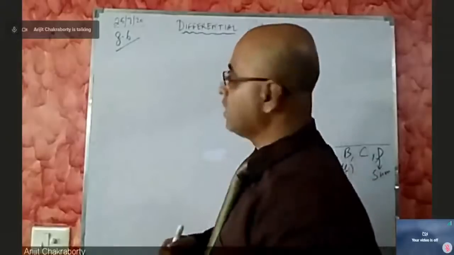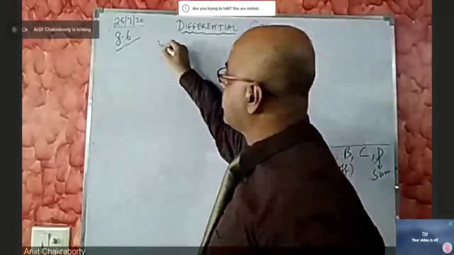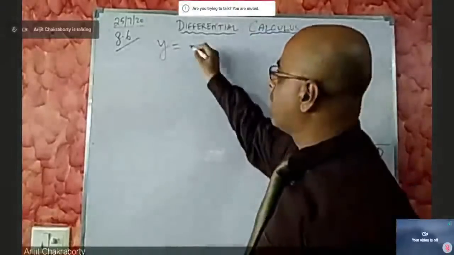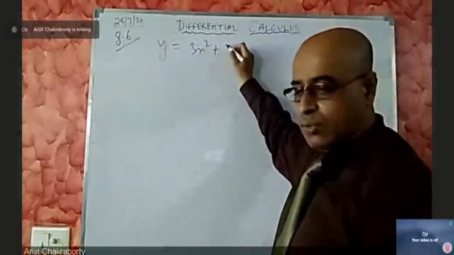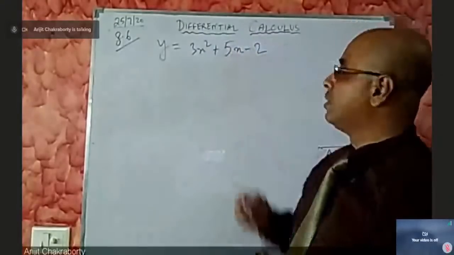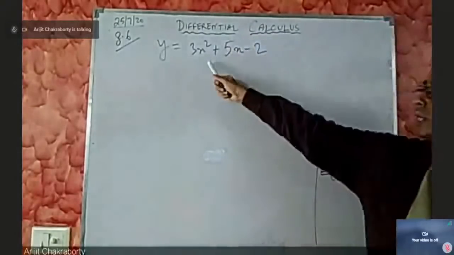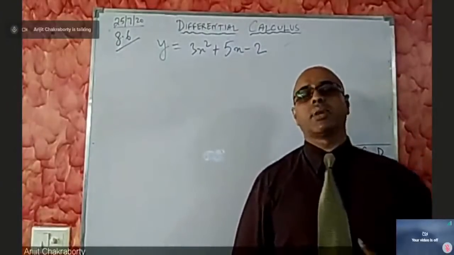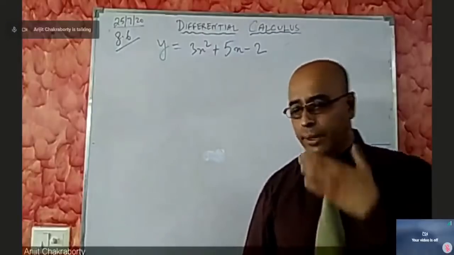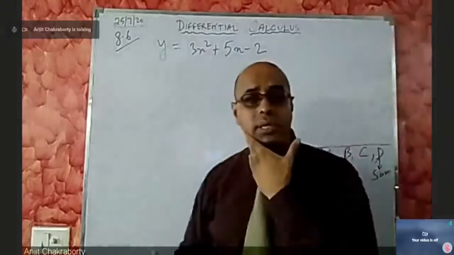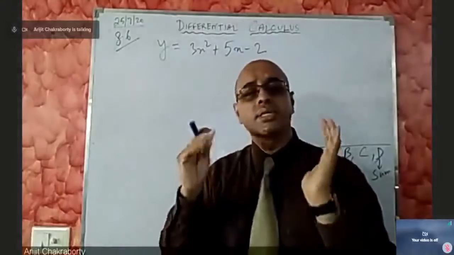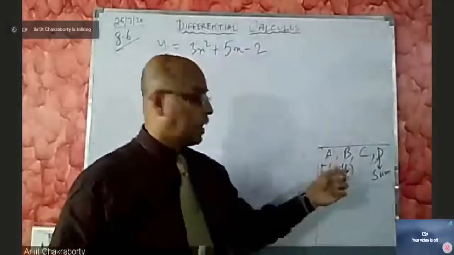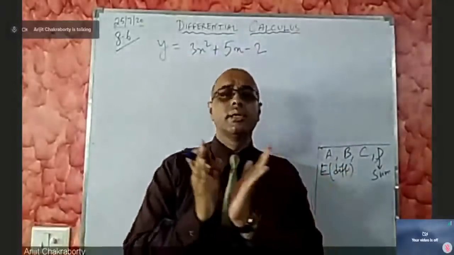I'll take the first one. It is given that y is equal to 3x square plus 5x minus 2. So we carry out the derivative by the same principle, applying the same formula D and E, sum and